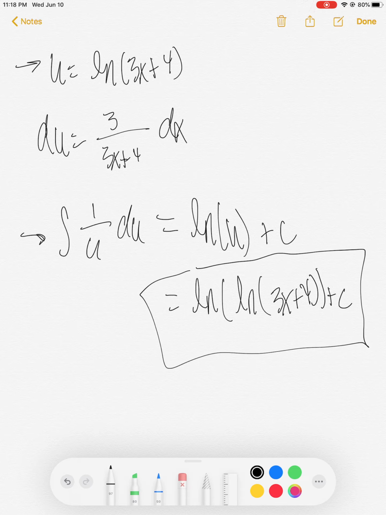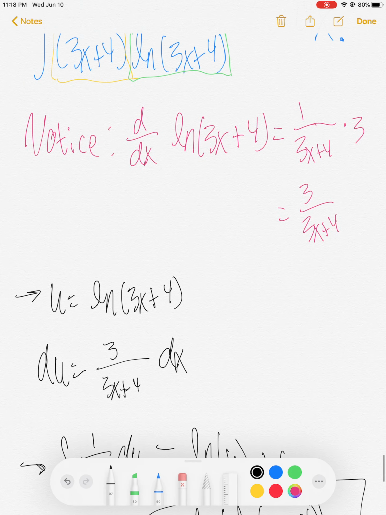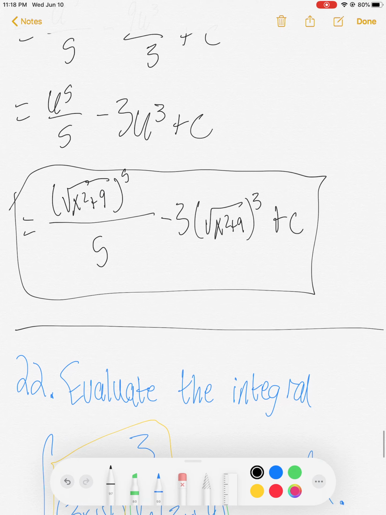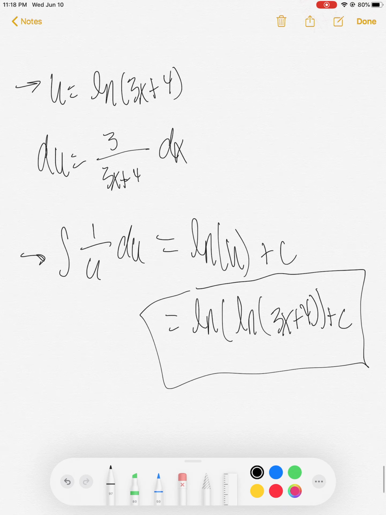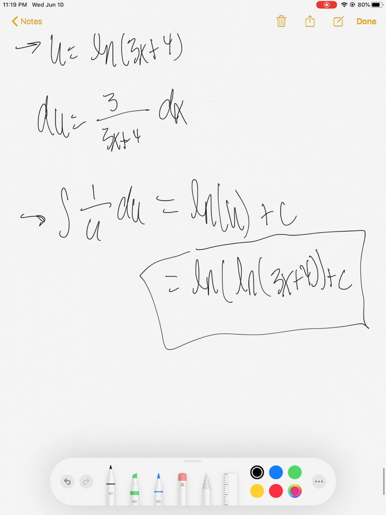Okay? So we have, yes, this is true. No, it is not a typo. ln of the ln of 3x plus 4 plus c, the natural log of the natural log. Yes, that is a real thing. Yes, it is awesome, I know. And that does it. As always, if there are any questions about how